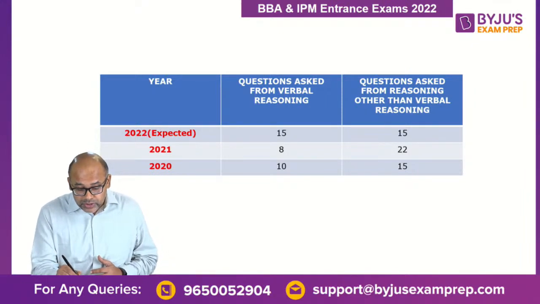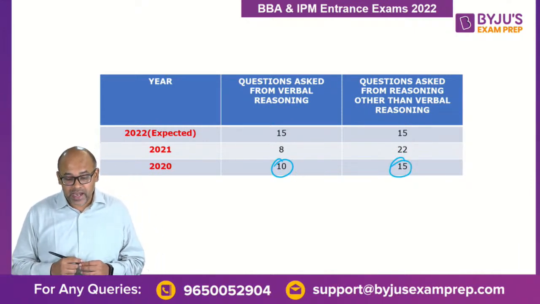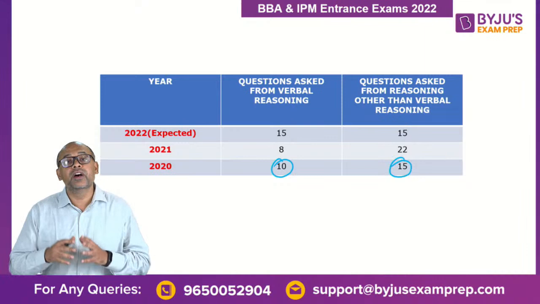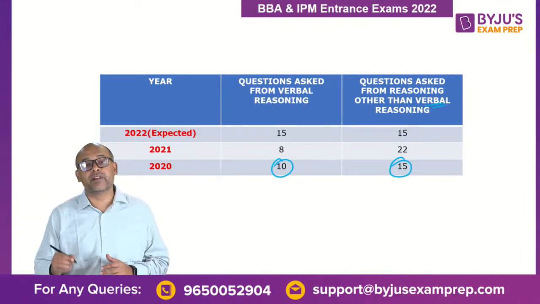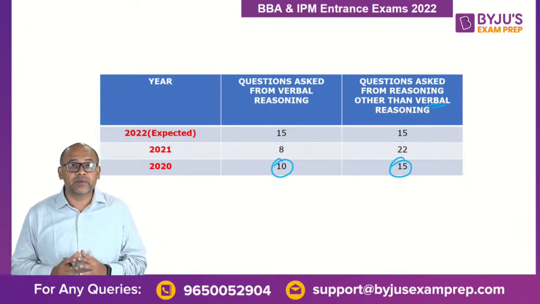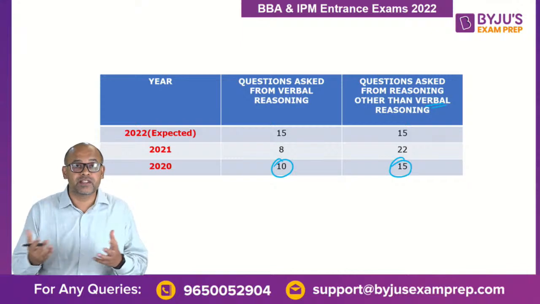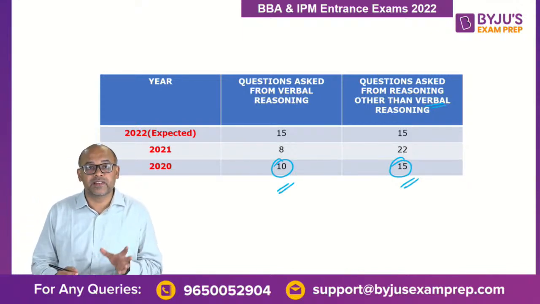Okay, so in 2020, it was very clear: 10 questions came from verbal reasoning and 15 questions came from reasoning other than verbal, which means your traditional logic, the seating arrangements, blood relations, direction sense that you were talking about. So those were the 10 questions that came from verbal reasoning. Once again,